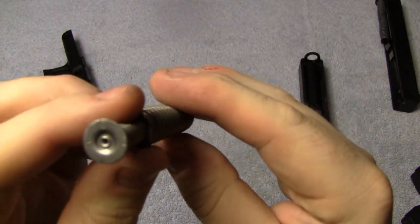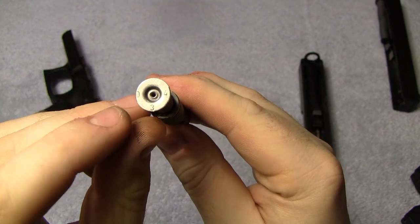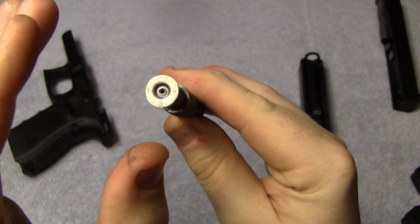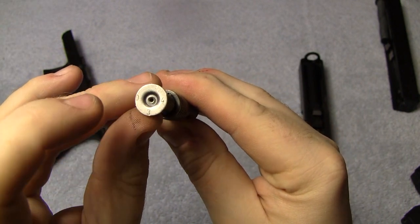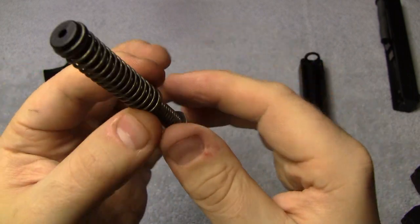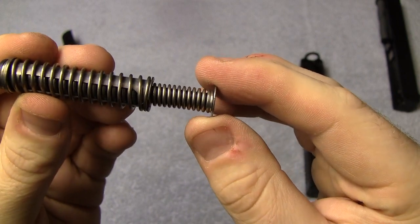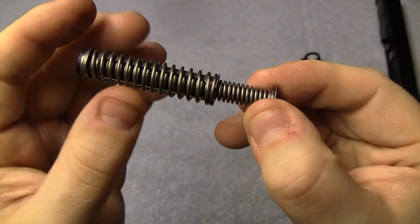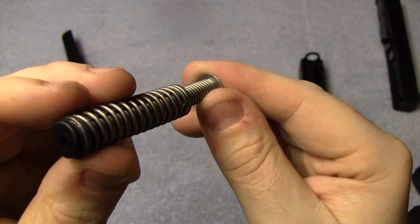Now, when these Gen 4s first came out and they were having problems, the spring was stamped 04. The updated version that you need for these guns to run as well as they can is stamped 04 and 3 at the 6 o'clock position. This is the newest recoil spring for the Gen 4 Glocks. And as you can see, this has 3 springs. One spring right here, an outer spring, and also an inner spring underneath this big one. So there's 3 springs in this recoil